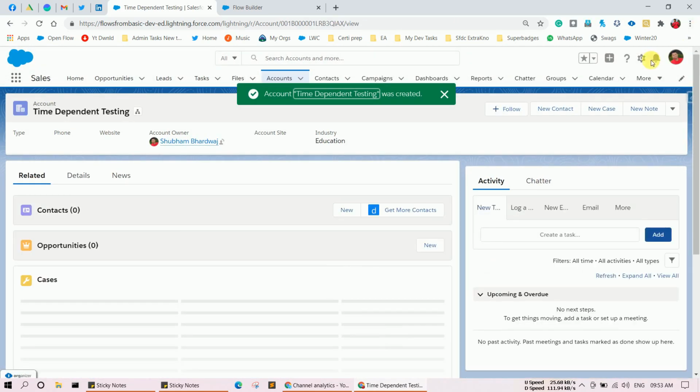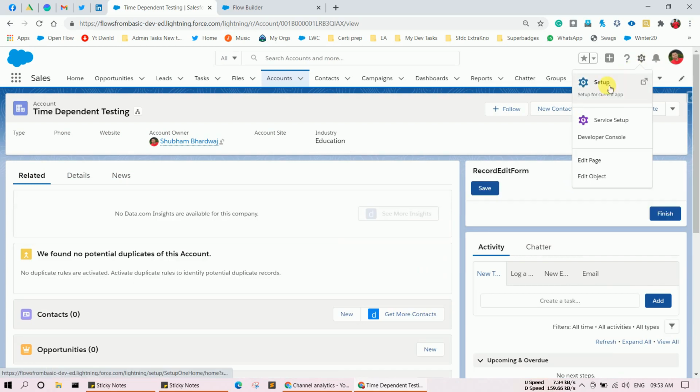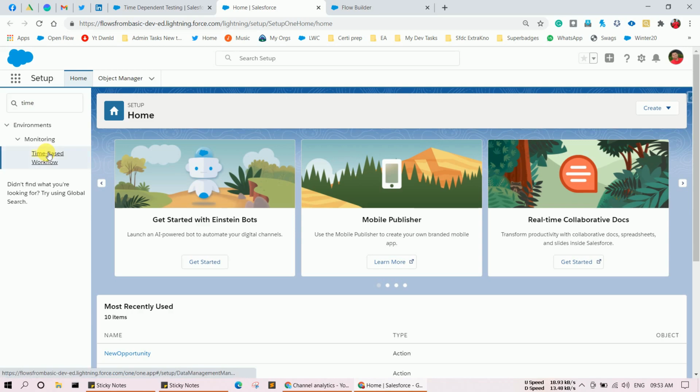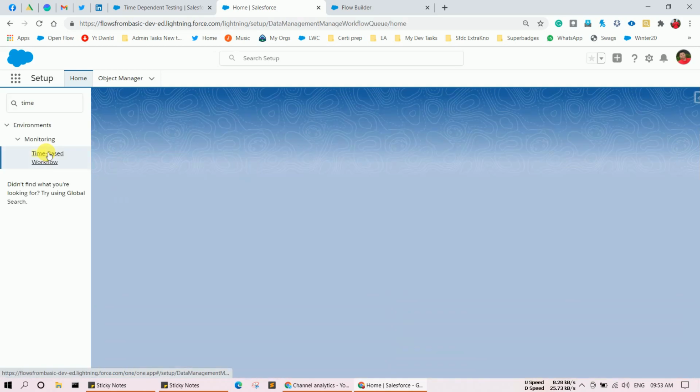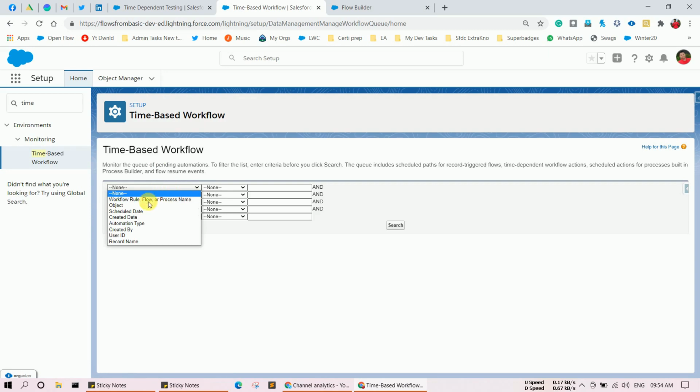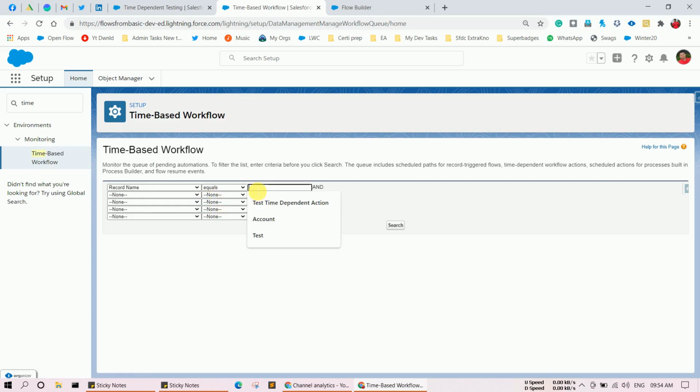Now go back to the setup and click on time dependent action, time based workflow basically. Let's search accordingly. Let's say record name equals time dependent testing.